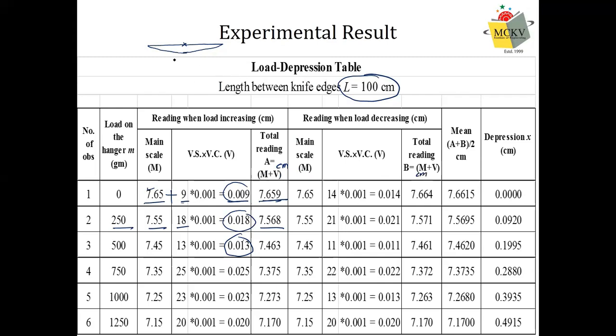Now, when we apply the load, it will be bent, and under that condition, the position of this cross is now 7.568 centimeters. Okay. Now we are increasing the load. So what are we getting? We are getting more and more bending. Though here, for our understanding, I have drawn it in this way, but actually the bending is so small that by our normal eyes, we cannot observe it for small loads. So we are increasing the load, and it is expected that more bending will be observed. So like this.